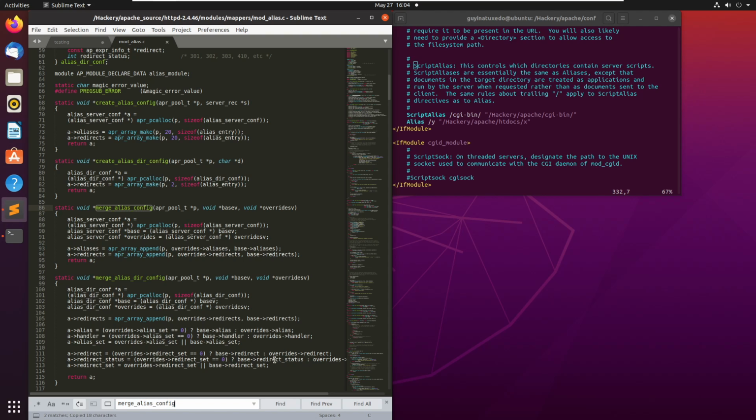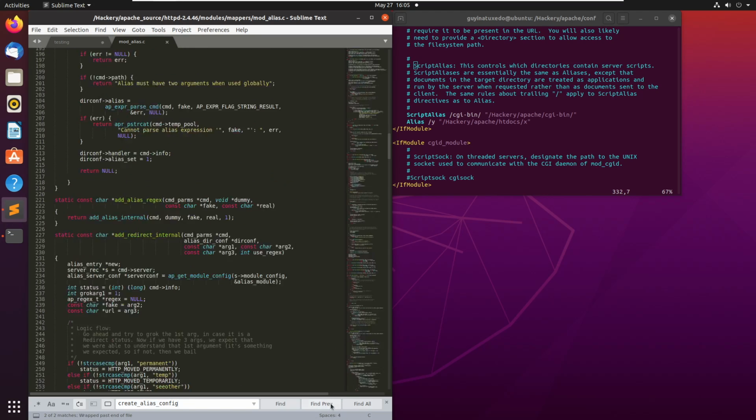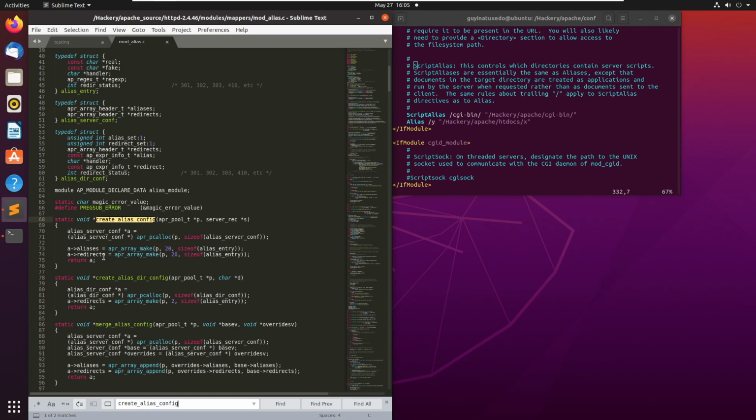Actually, one thing I'm going to quickly do, merge alias config. You see merge alias config, create alias config, then merge alias dir config, create alias dir config. So we see that dir config creator merge server config. Let's take a look here. Malloc, create, merge. Okay, so